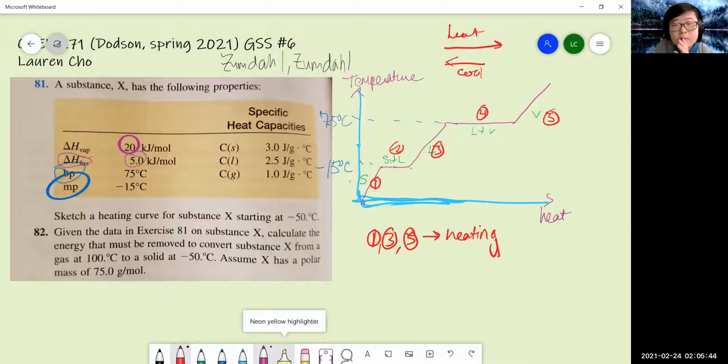So it's heating, and you can see that basically we can use the equation Q equals mc delta T. You'll be using that equation, and then